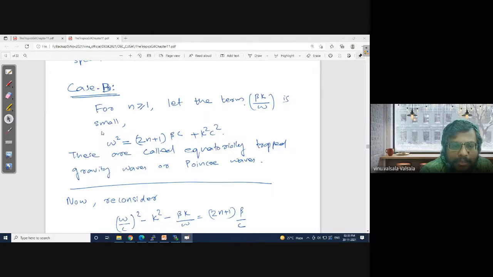I think this relation comes even in a stratified fluid, internal wave, Poincare waves. If you know the wave theory reasonably well, you may be recalling this form of equation. In the equatorial discussion also, this is coming. An additional advantage is that we have a 2n plus 1. That means when n equals 1, this becomes 3, and when n equals 2, 2n plus 1 becomes 5.